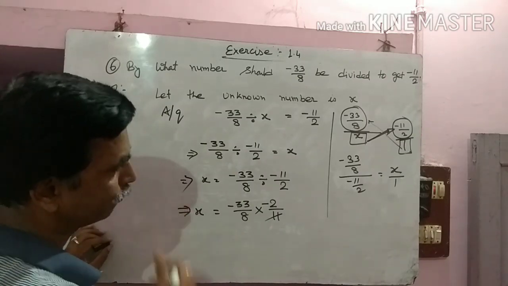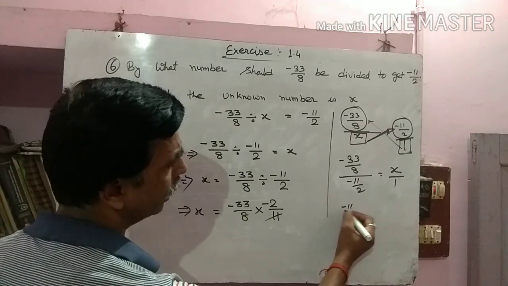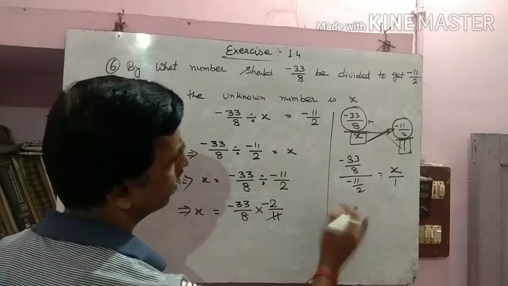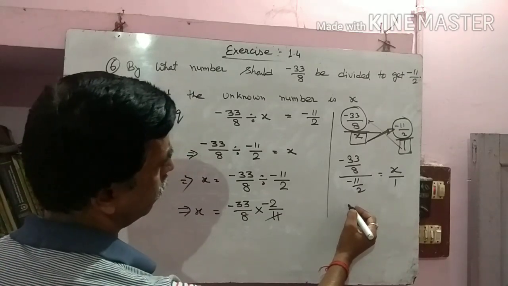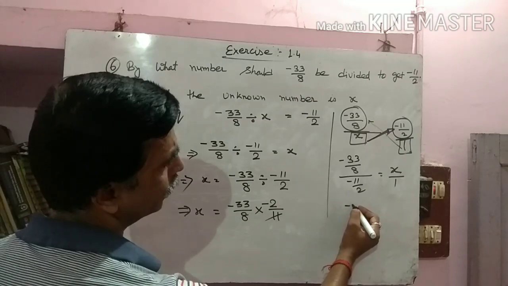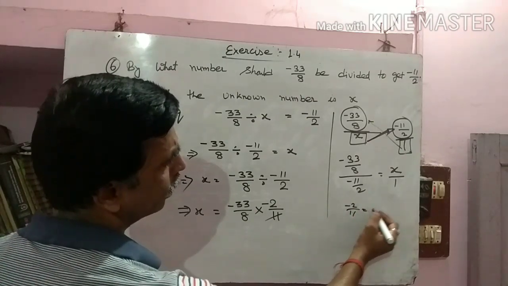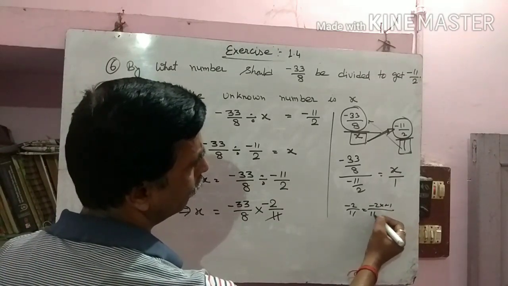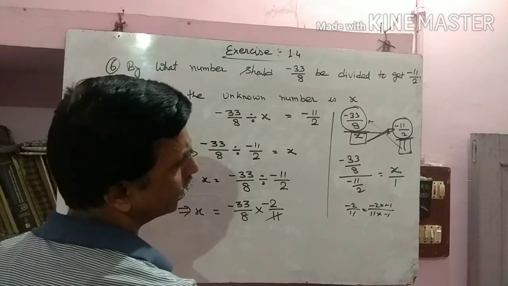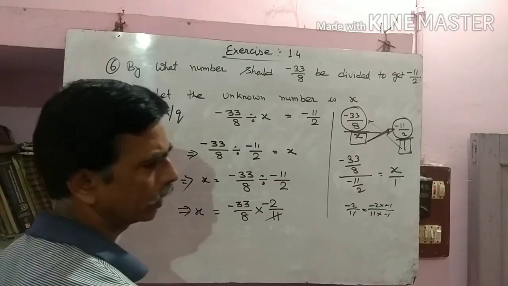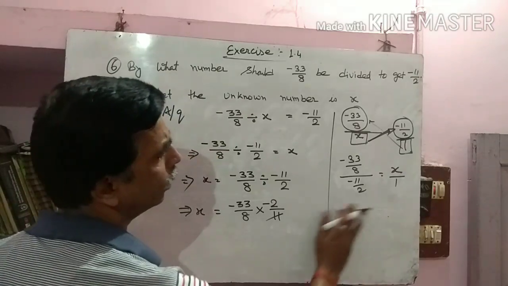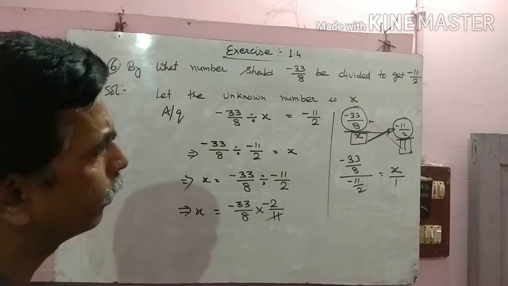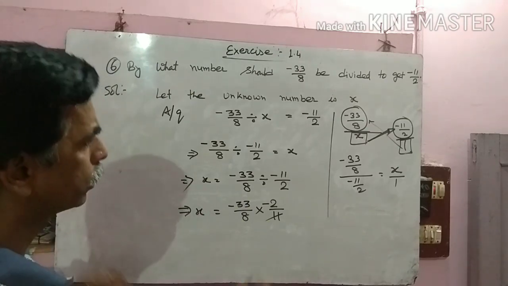Okay? You are knowing that one. Minus 11 by 2 can be converted, suppose the number is like minus 2 by 11. If you multiply minus 2 into minus 1 and 11 into minus 1, the value will not change. So it becomes 2 by minus 11. Similarly, if we multiply numerator and denominator by minus 1, the denominator becomes positive. Okay? So what do we get?